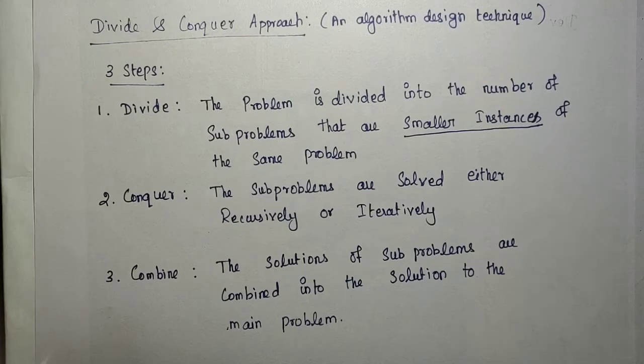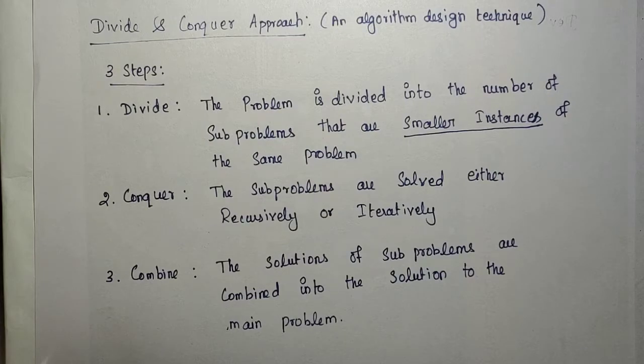Whenever you apply the divide and conquer approach to an algorithm, you will get a logarithmic time complexity. For example, for sorting n numbers using insertion sort, you will get a complexity of O of n squared. But if you apply quick sort to the same problem, sorting, quick sort is a kind of divide and conquer. Or merge sort, it is also divide and conquer. So with either merge sort or quick sort, you will get a complexity of n log n.